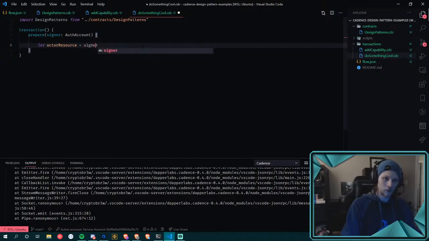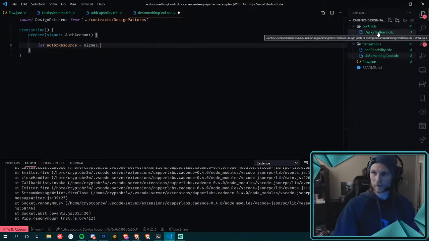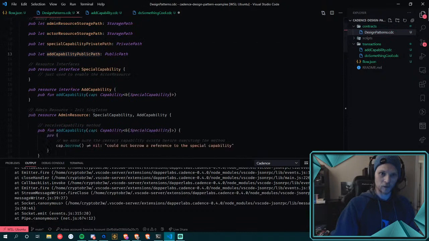this will be signer. Ooh, do I want to load that or do I? Yeah, I could just borrow a reference to the resource itself. Silly. Or can I? Yeah, I guess I can borrow from storage, can I? I don't know. I'm confused. Maybe I do need to just build that interface to make life easy. I could load it, but then I'd have to save it, which is silly. I need to get references. So yeah, the better way to do this would be